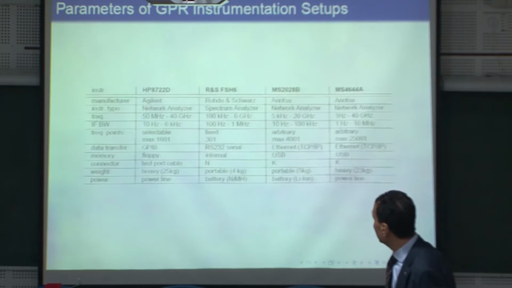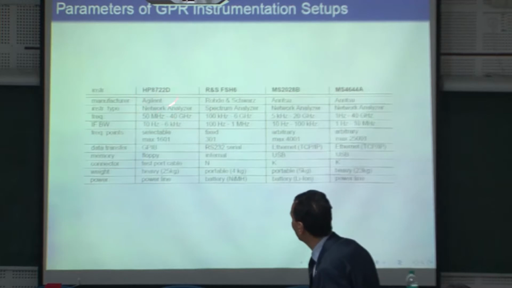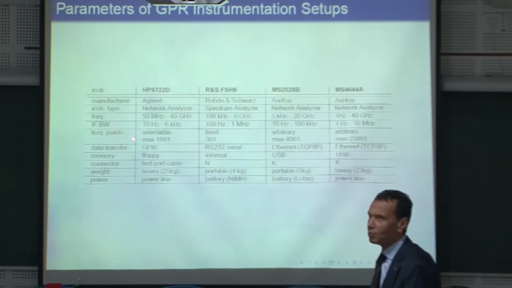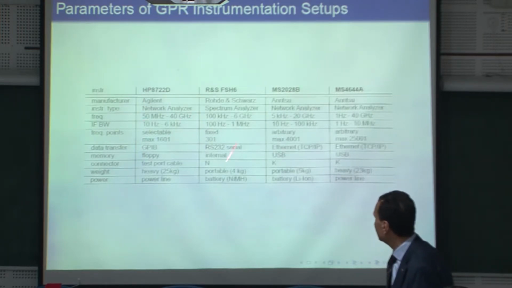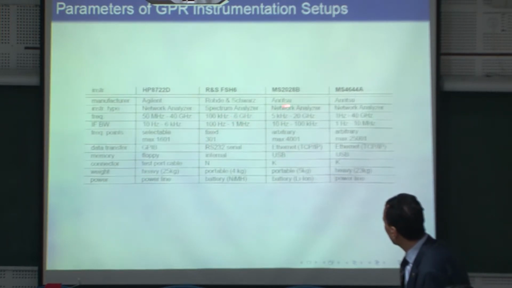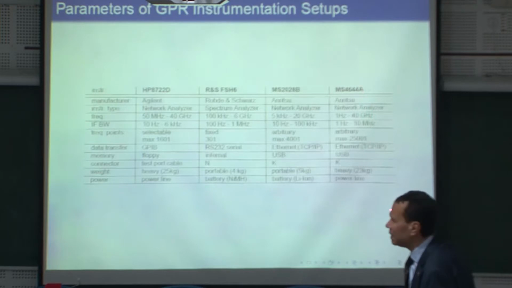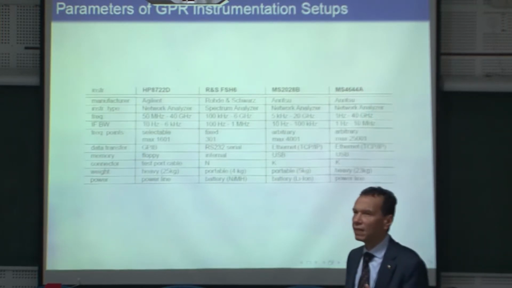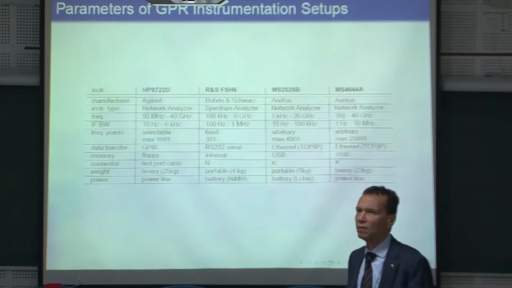This is a comparison between the different network analyzers. This one here, you use it. This is the early one from, it was called HP also at that time, from up to 40 gigahertz. These are the specifications. Rohde and Schwarz, as you see here, it is only up to 6 gigahertz. This one here from Anritsu, 20. And as I told you before, this also Anritsu, I think this was called VectorStar or something like that. This is the state of 2010, 2011. Now we have another 2 network analyzers up to, I think, 125 or something like that.